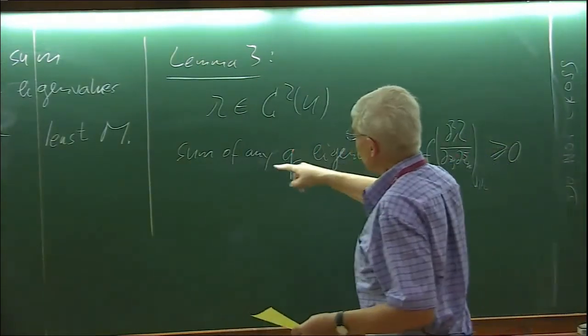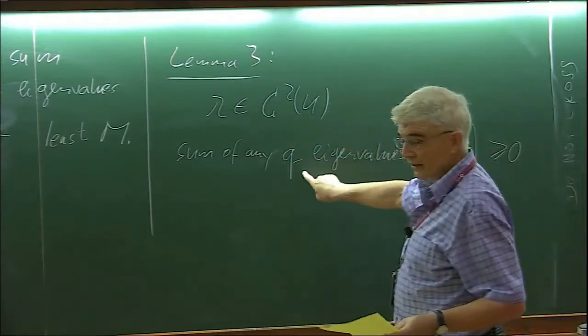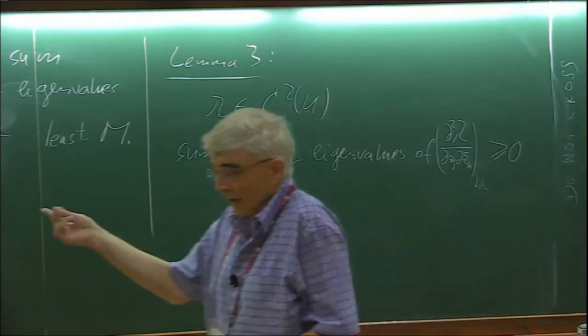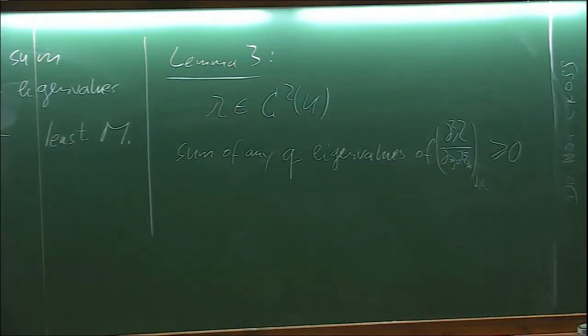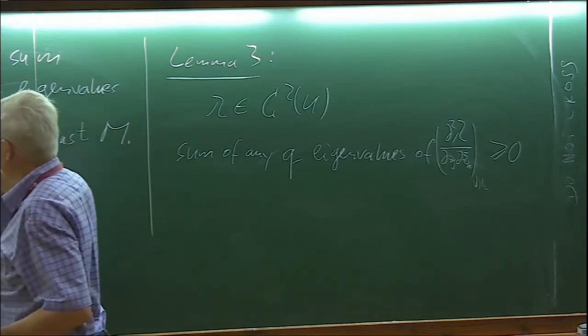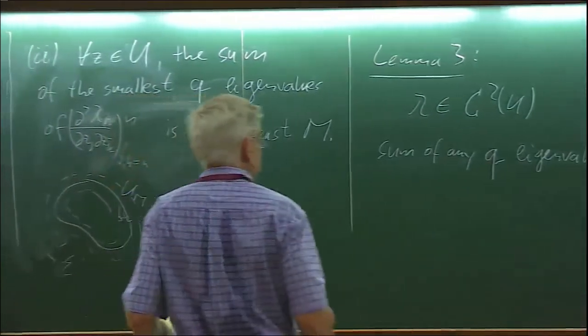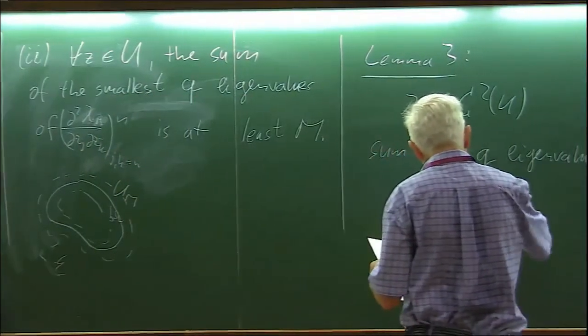Here I'm saying any q, but that's the same as saying the sum of the smallest q. I could, instead of saying the smallest q eigenvalues, say the sum of any q eigenvalues is at least this. So this is if and only if